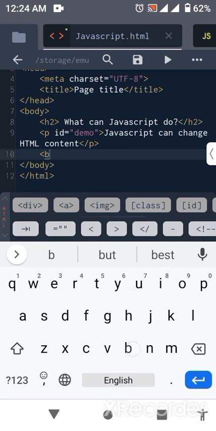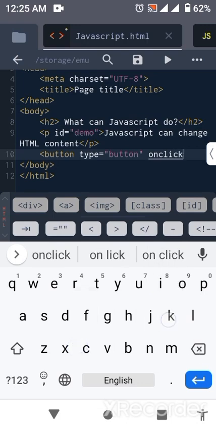Okay, all right, so open your tag. So type button, then the next thing, just follow the step I'm following. So the button type, you put this one here equal to and this quotation mark. So the type, you put button. Okay, so after that, then give space, type onclick,